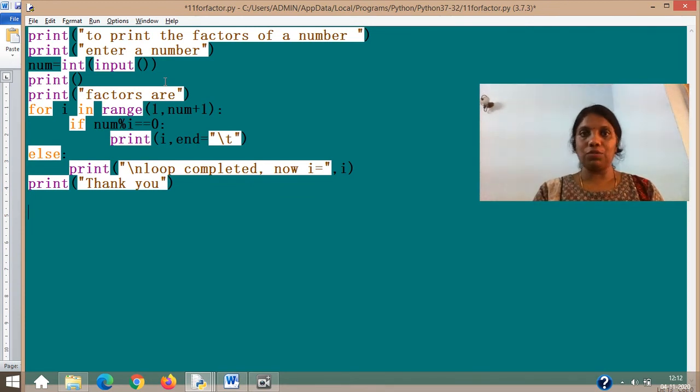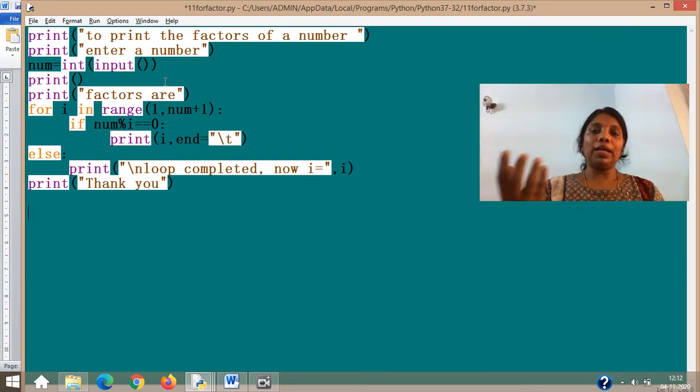Factors. You know how to identify them, isn't it? In your smaller classes, you already learned how to find the factors of a number. You take different numbers which are less than the original number, and you divide it. If the numbers are divisible, that means if 6 is the number whose factors are to be found out, you will take 6.